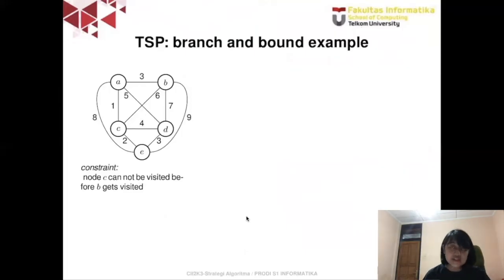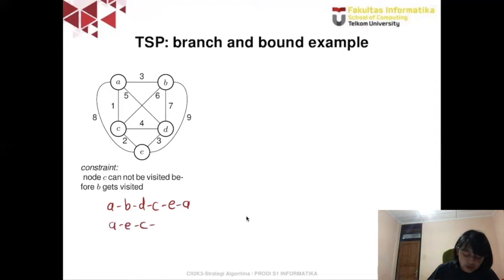Because this is an undirected graph, if we have, let's say, this Hamiltonian cycle, it will have exactly the same total weight as the mirror of the route, isn't it? So the weight of the first route will be the same as the total weight of the second